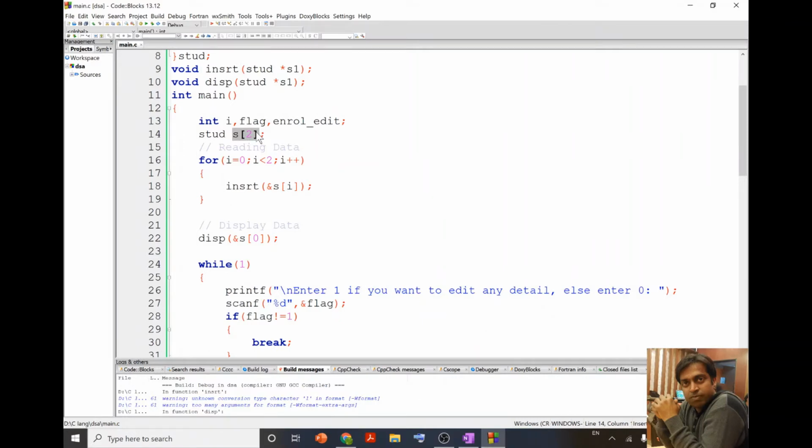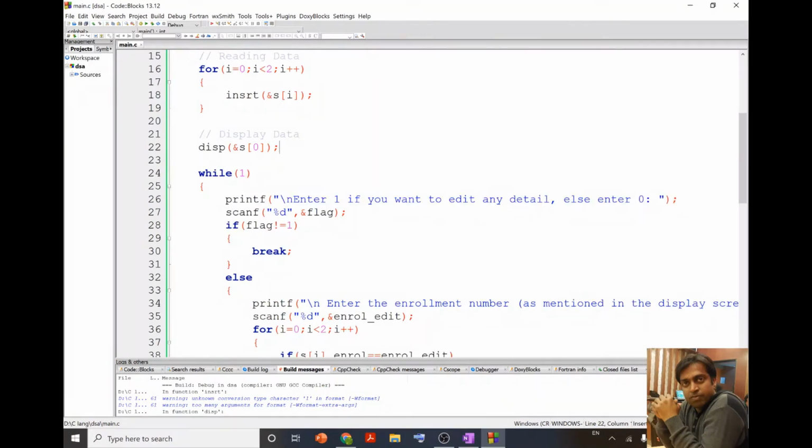So if I pass the address of just S0, then automatically it can calculate the address of S1. So if I need to pass the address of the first element of an array, over here I passed S0, and with this information all the information of the students will be displayed.